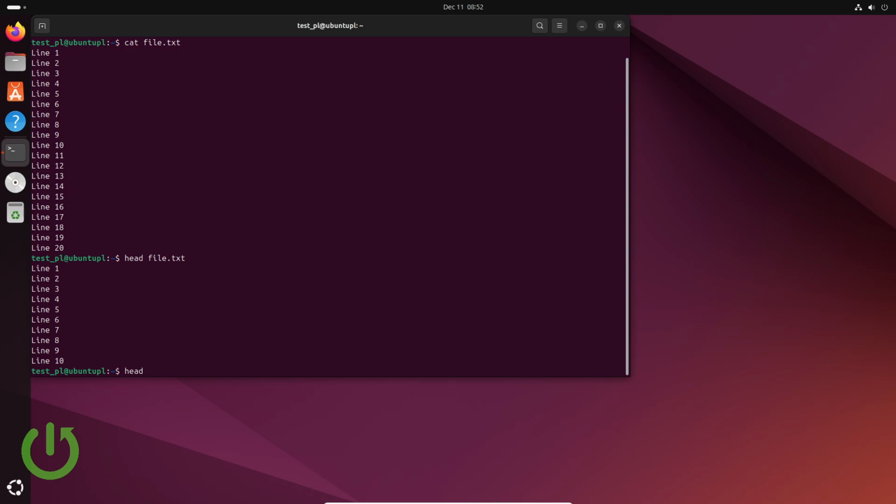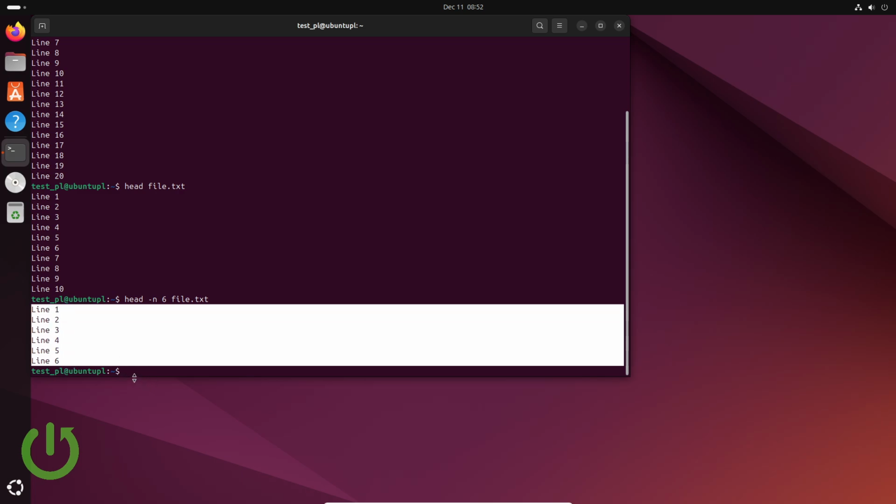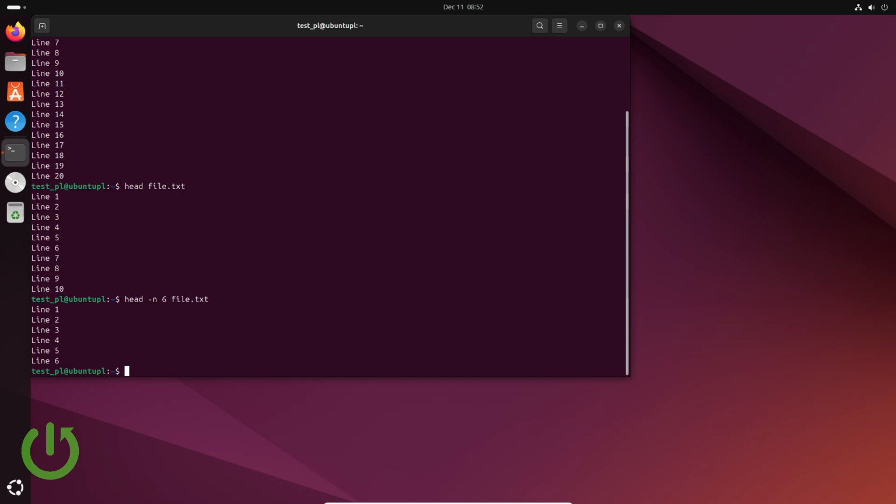We can of course choose the amount of lines that we want to display by writing something like this. So head minus n, and for example 6, and the name of our file. And as you can see, it shows only 6. And of course we can do more than 10. For example, head minus n 14 file.txt,